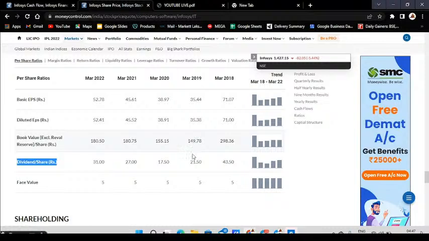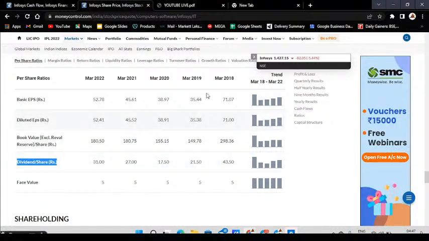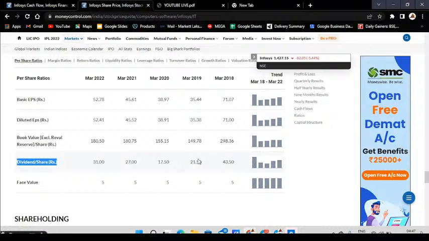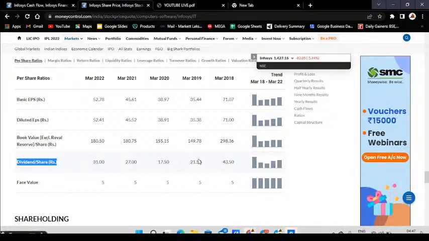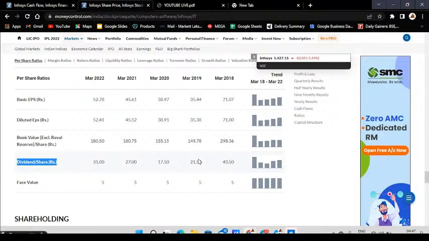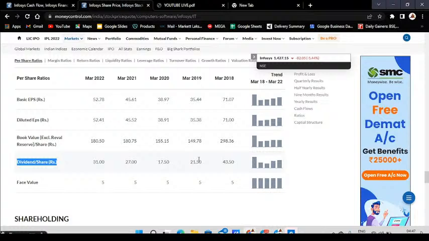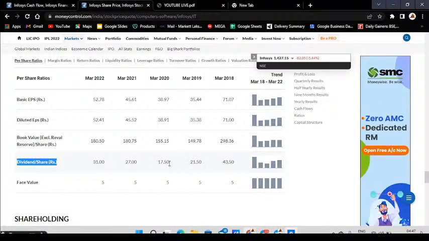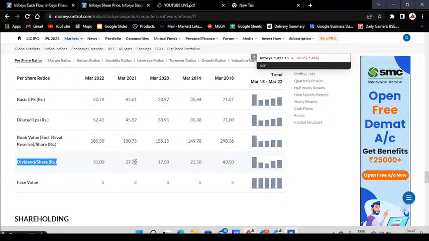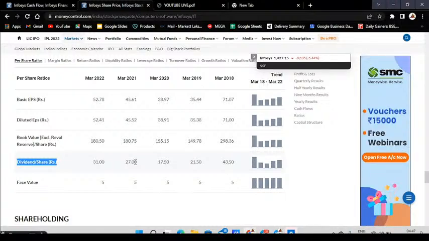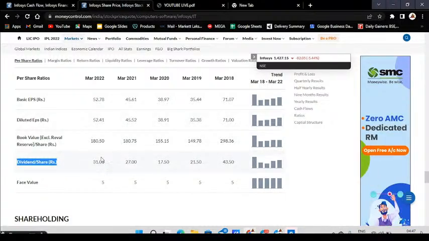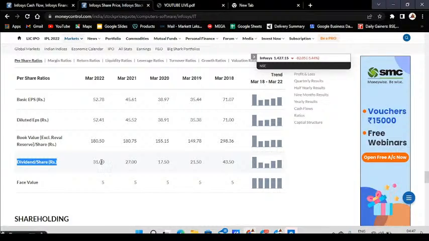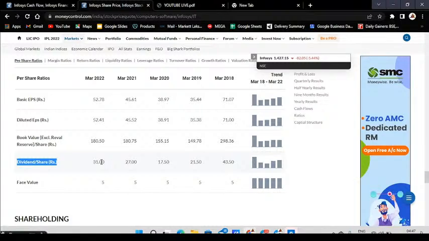Why did it reduce in March 2019 after that? That may be when we research the financials of the company, like sales decreased, profit decreased, revenue generated decreased. That can be the reason. But 2020 was the COVID. After that it increased. 2021 it increased, and in 2022 also it increased. Sorry, I have just spoken 2002.